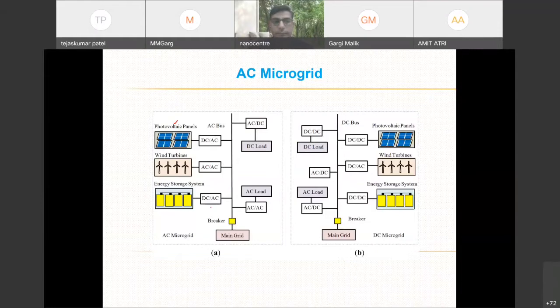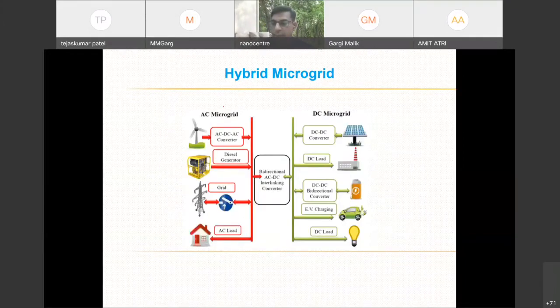Similarly, there is the AC microgrid. Earlier, this common bus had a DC reference voltage. Now it will have an AC reference voltage, and the resources remain the same. But because the common reference is of AC nature, the conversion techniques become different. For solar PV we need DC to AC conversion. For the wind turbine we need AC to AC now, not DC. Then if this is a battery, we need DC to AC or AC to DC bidirectional converters.